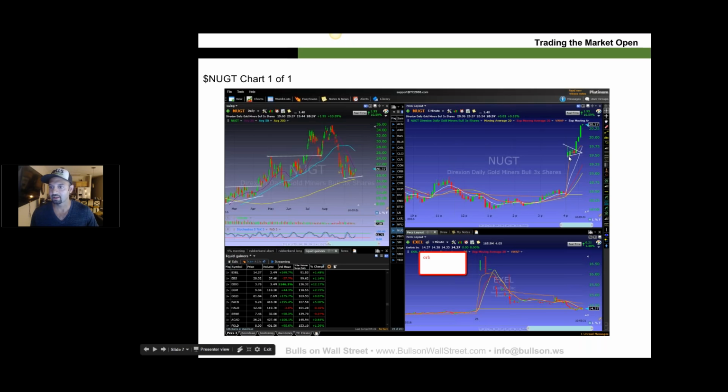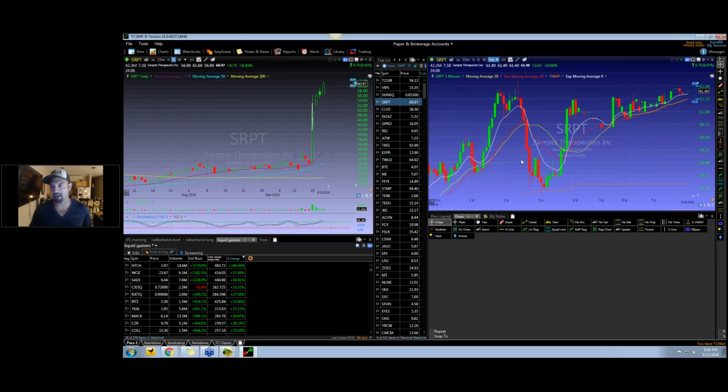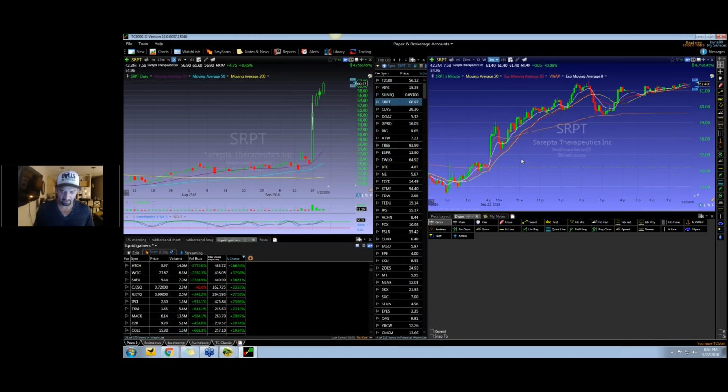$18.50 gaps up to 19. Check this out. Very, very tight range. One of the things to be mindful of when you're looking at these opening range breakouts and stuff like that is